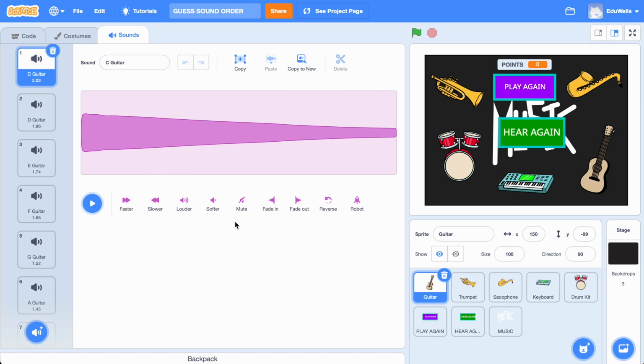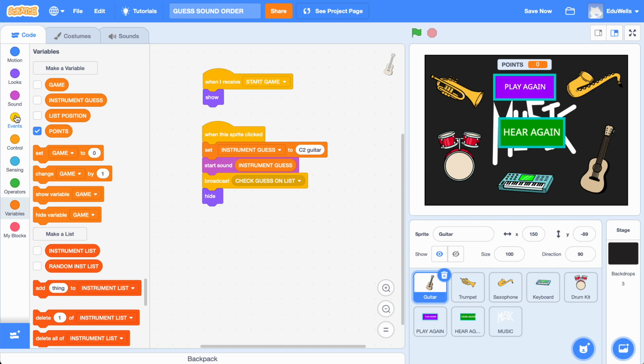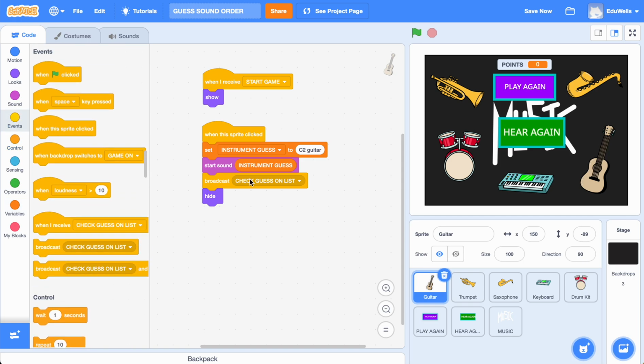So she dragged on when I click this sprite, and then she dragged on the start sound code. Nice and simple. But she asked me how to turn it into a game, and I said, well, could be